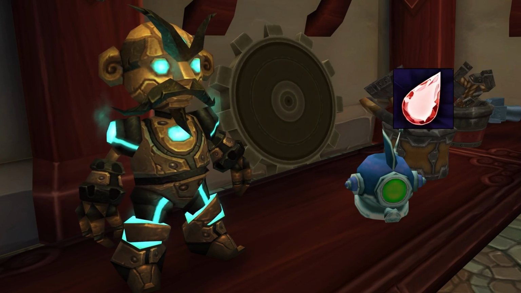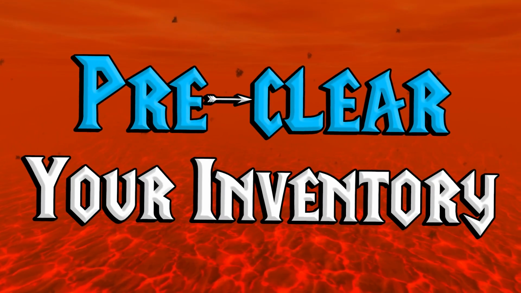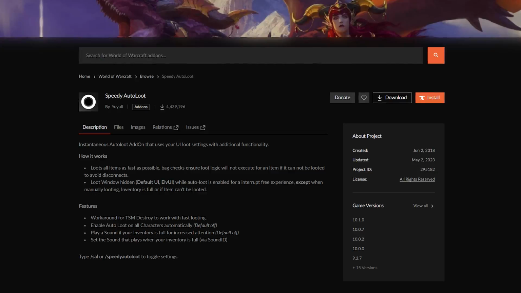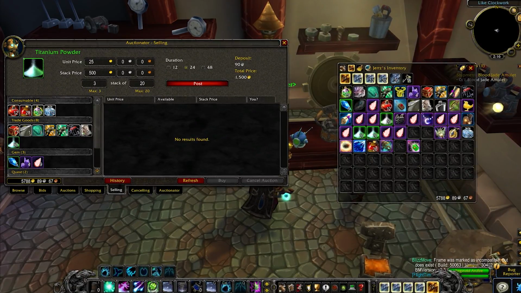After I clear out my first batch of gems, I'm going to sit down and prospect the 8,000 titanium ore I've saved up. I already pre-cleared my inventory as much as possible, so I'll be able to prospect without taking extra trips. I also pre-saved a titanium prospecting macro, and I have speedy auto loot turned on to make the process 3 times faster. Once I finish prospecting, I'll be cutting the epic gems and selling the titanium powder on